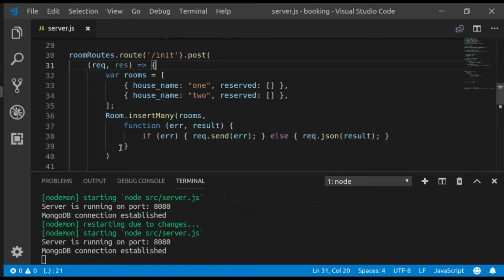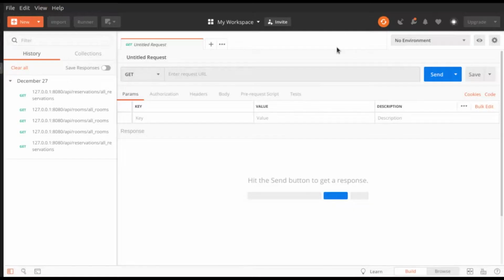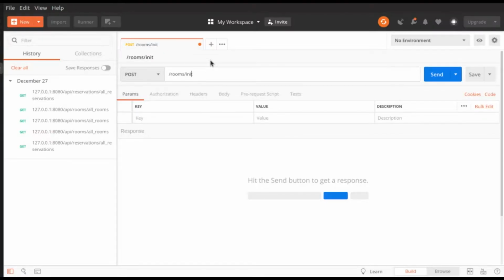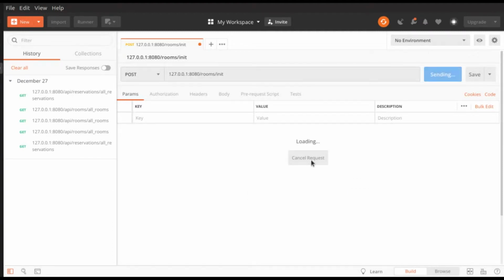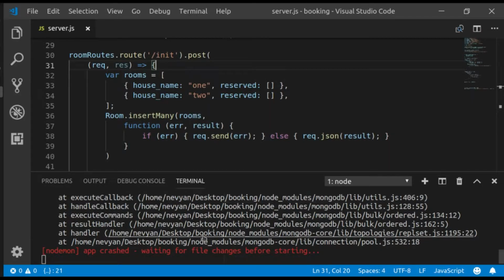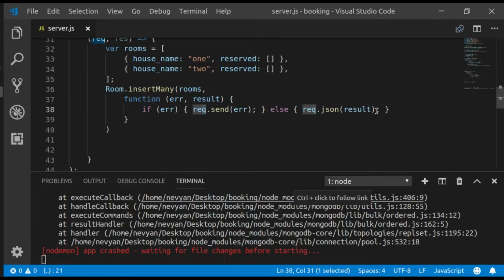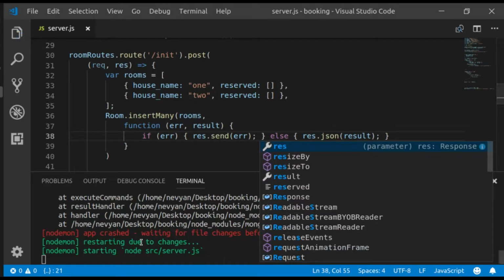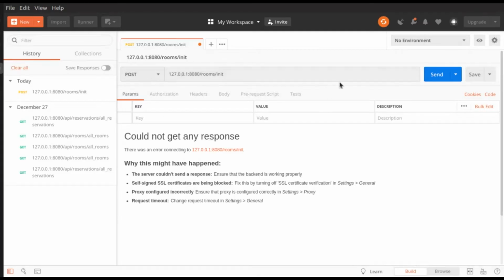Then we can run this route init, but we have to make a post request in order for this route to be triggered. In order to do so, we will use Postman, and we will change the request type here to post, and type the URL we would like to go to. It should be rooms init, and before this it will be the address of our server and the port 8080. Just by doing this and clicking on send, it should send the request. We see that we have errors. We're using the request to send the error or the result. Actually, we should be using the response variable. So we just correct this and save, refreshing our server, and try again with Postman to send a post